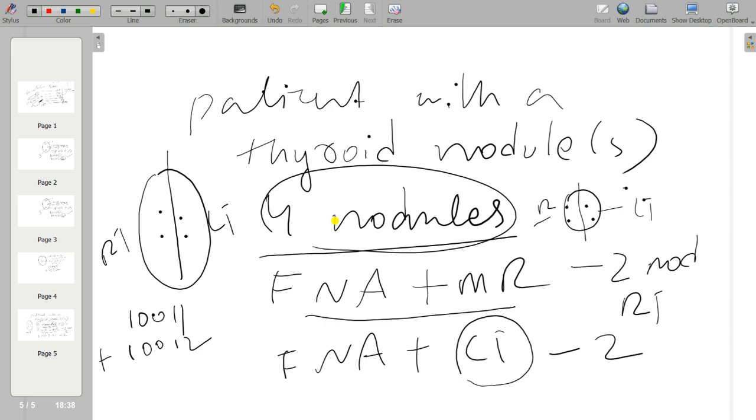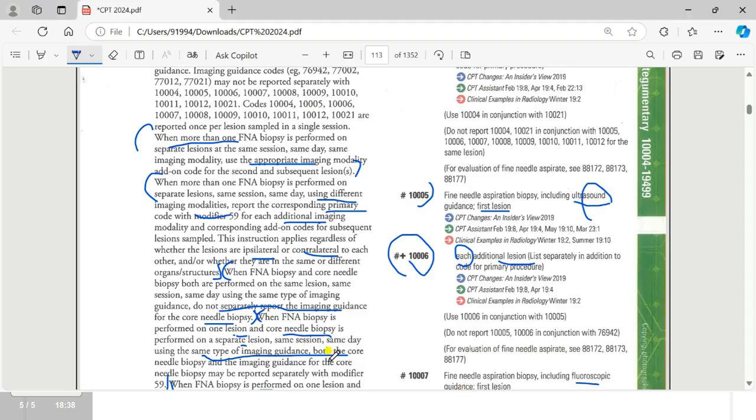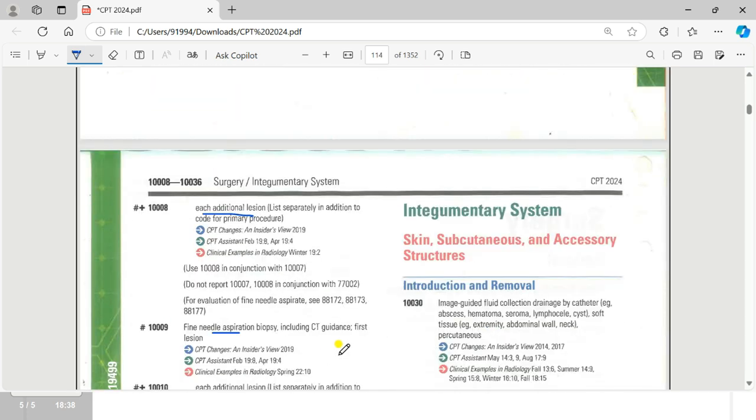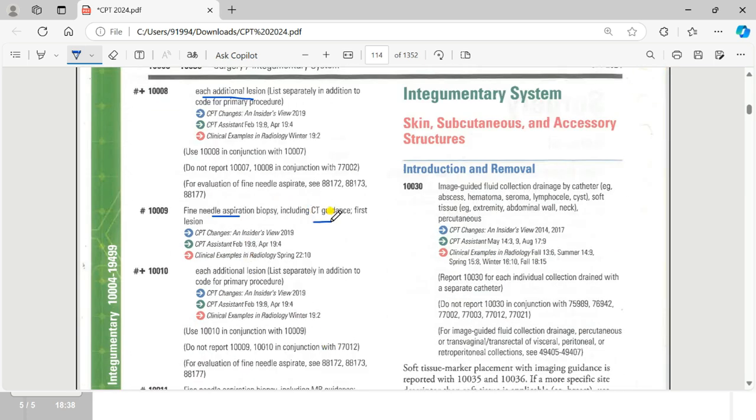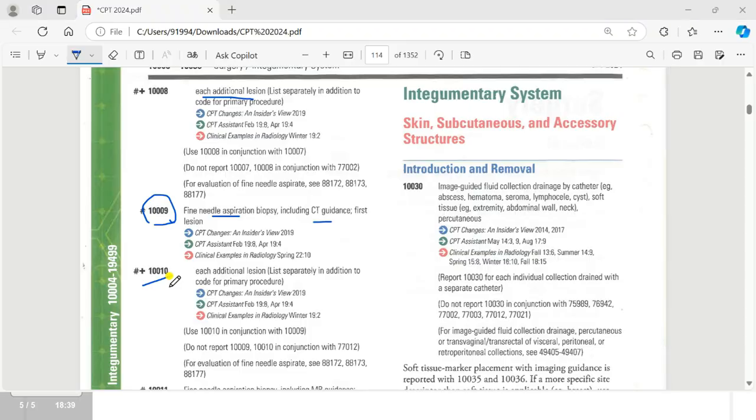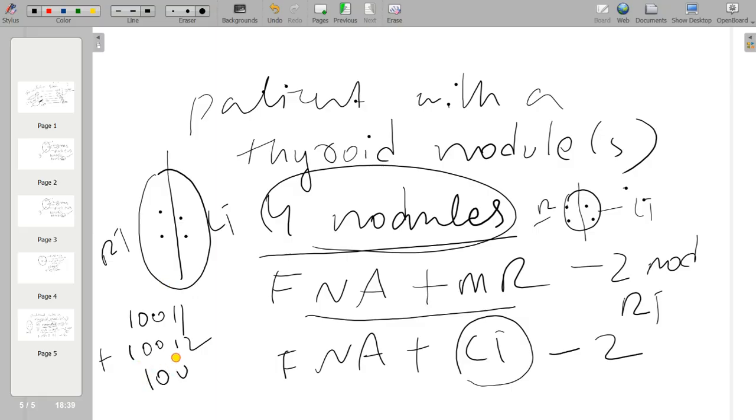Okay, so for the remaining lesions, the provider is doing CT. What is the CT guidance code? See, CT, computed tomography. This is the actual code, but we should not code the primary code, right? We should code the add-on code, that is 10010 times 2, because how many are there here? 2, right?